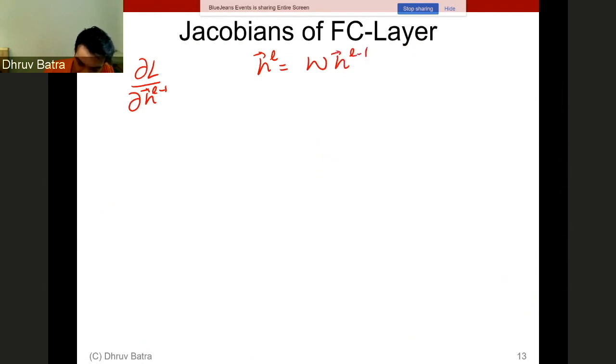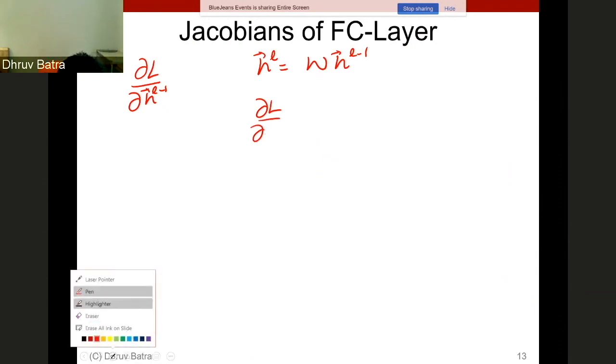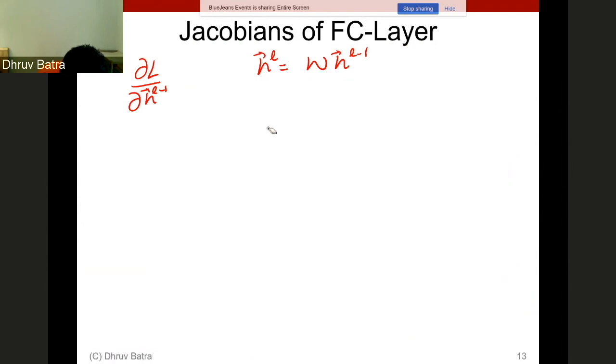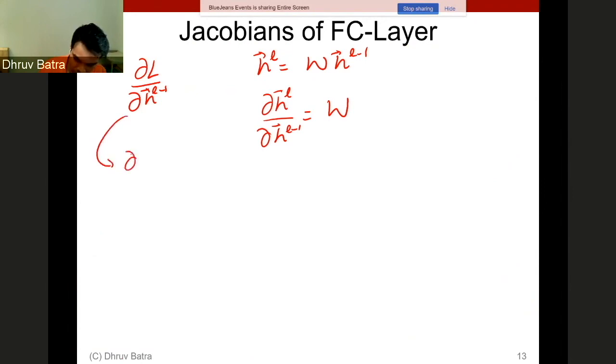This is a matrix again, and therefore the Jacobian of HL with respect to HL minus 1 is just the W matrix. We've done this in class a couple of times. Therefore, this expression is equal to the partial of loss with respect to HL